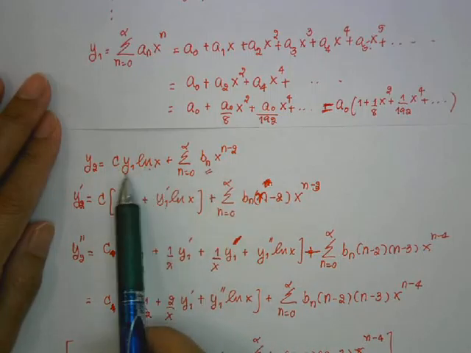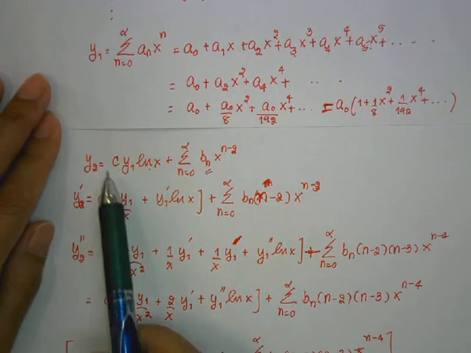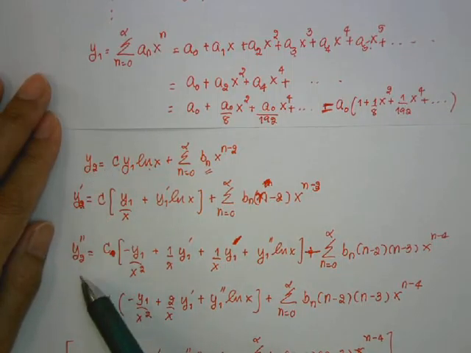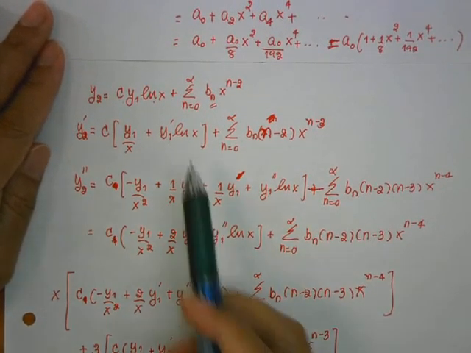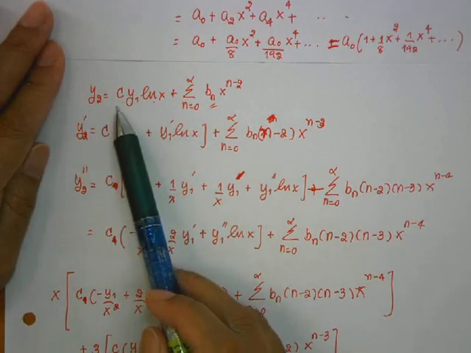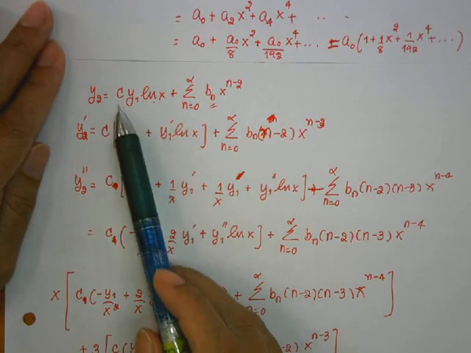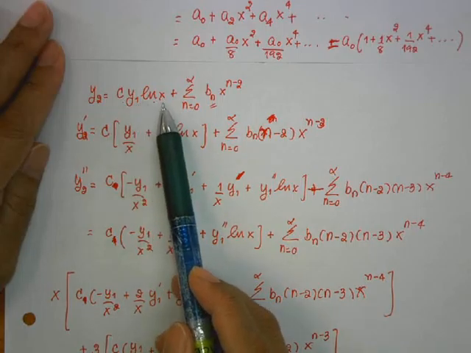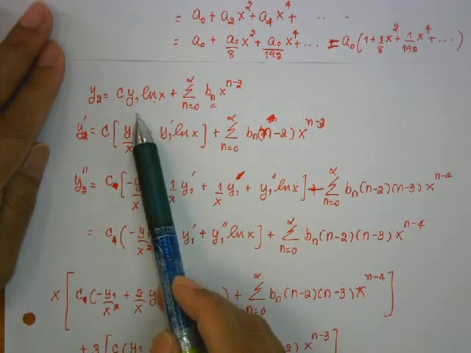y2 is a function of y1. The way that we can find c and bn for y2 is by putting y2, the first derivative of y2, and the second derivative of y2 into our differential equation. So, the way that you do the derivative of y2 by x: c is a constant, y1 is a function of x, ln x is a function of x. So when you do the derivative of a product,